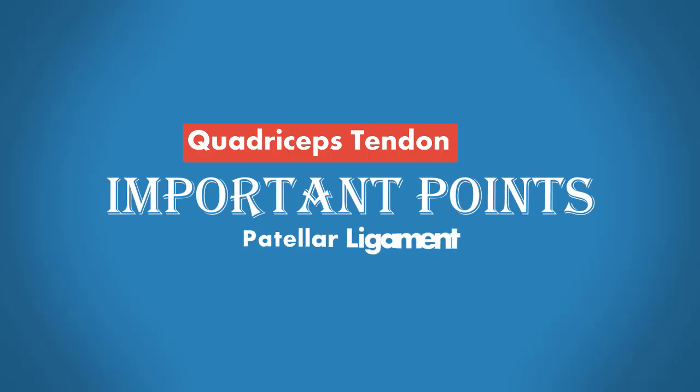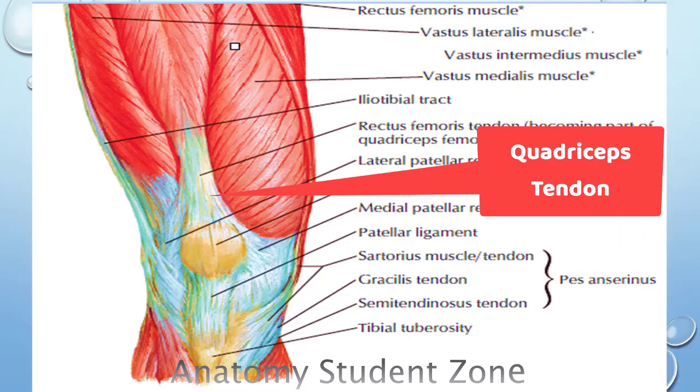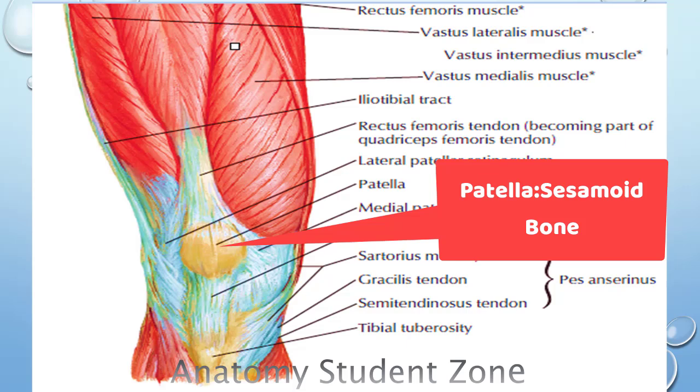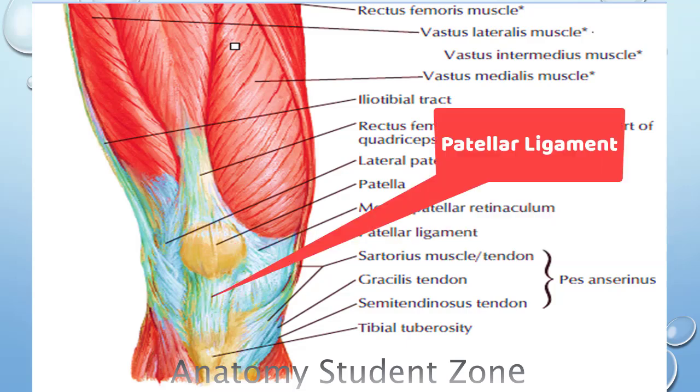If the question is asked regarding the quadriceps tendon, what you have to answer: this is the tendon of all four parts of the quadriceps muscle. They are going to unite in the distal portion of the thigh, and they are going to form a single strong broad tendon, and we name that tendon as the quadriceps tendon. So the patella is also embedded in the quadriceps tendon. Patella is the largest sesamoid bone in our body, and the patellar ligament that we also name as ligamentum patellae, is a continuation of the quadriceps tendon. So you have to remember this. And the patellar ligament is going to attach to the tibial tuberosity, as you can see here. So this is the attachment of this ligament.